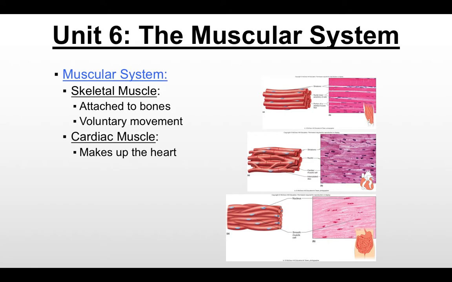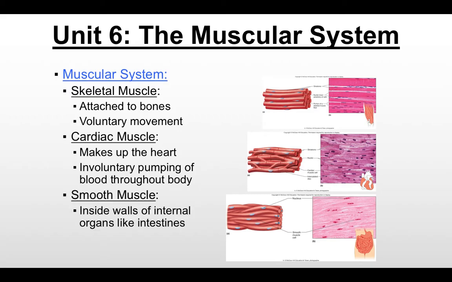Cardiac muscle makes up your heart. So this is responsible for the heartbeat that happens every second of your life. So this muscle is constantly relaxing and contracting, and it is involuntary. So even though you can do things that speed up your heart rate or slow down your heart rate, ultimately the pumping of blood throughout your body is going to happen without your ability to control how fast that's taking place. Finally, smooth muscle exists in the walls of your internal organs, like your intestines, and it gives you the